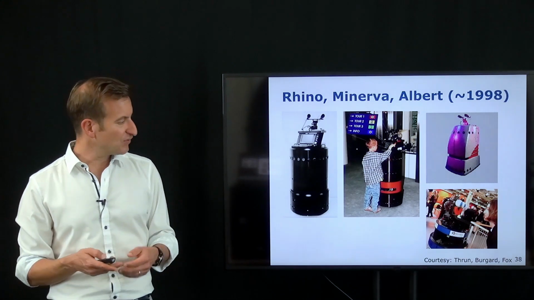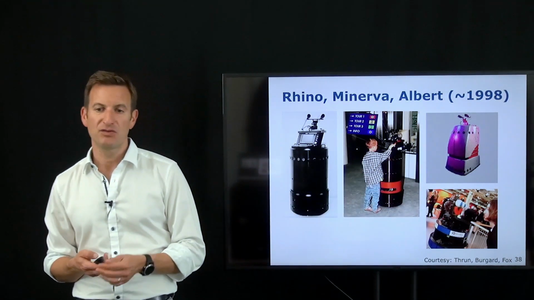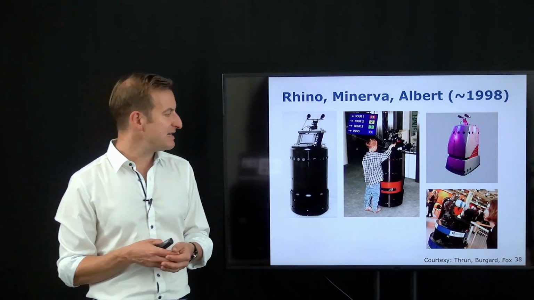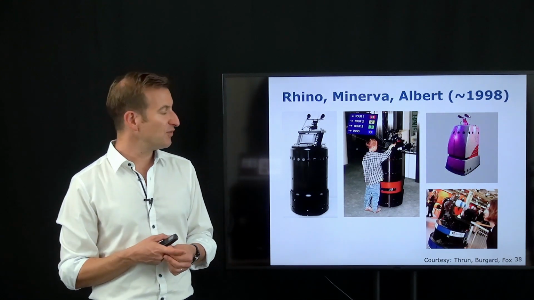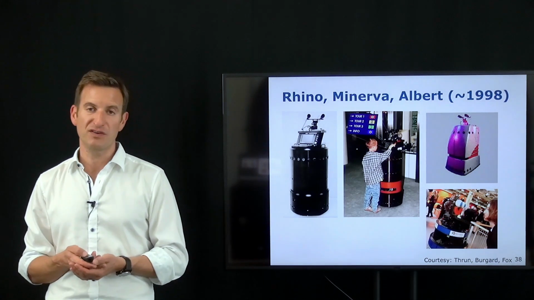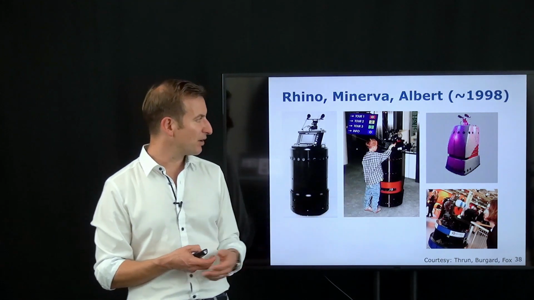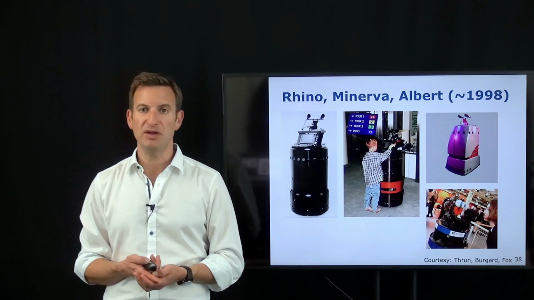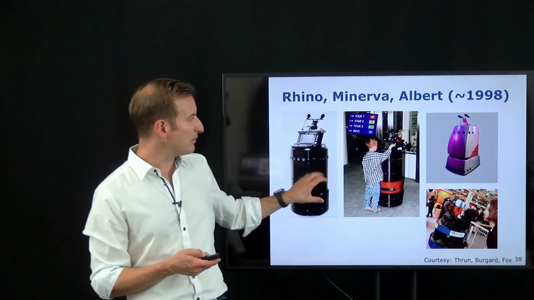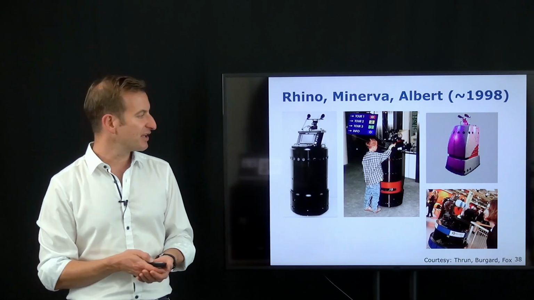and especially if you need to maintain multimodal beliefs, this is really the standard approach. I want to show some old slides which show how the robot Minerva, this one over here, drove for a period of, I think, 6 weeks in the late 90s through the Smithsonian Museum of American History, acting as a tour guide, giving tours to visitors, driving around. There was also an event where the same thing happened in parallel in the Deutsche Museum in Munich as well as here in Bonn. At that time, Rhino was here in Bonn, driving around performing localization tasks and interacting with visitors.